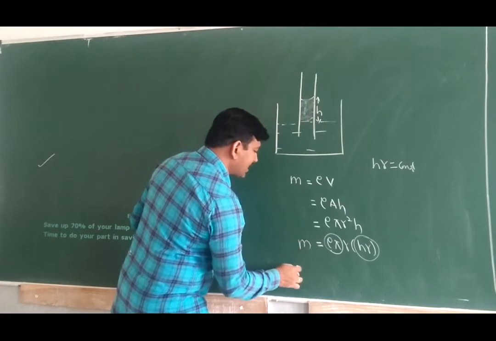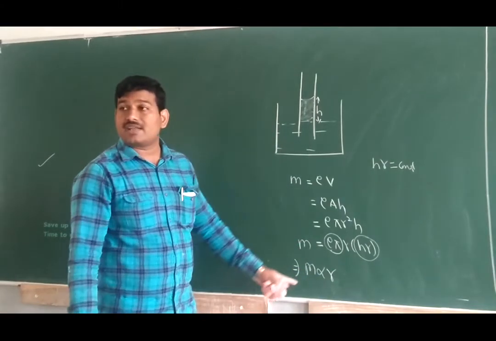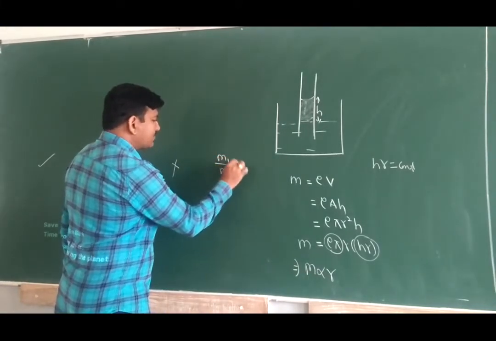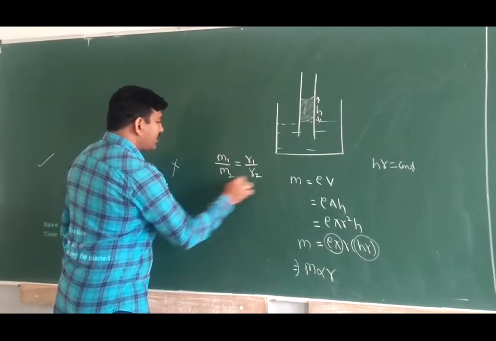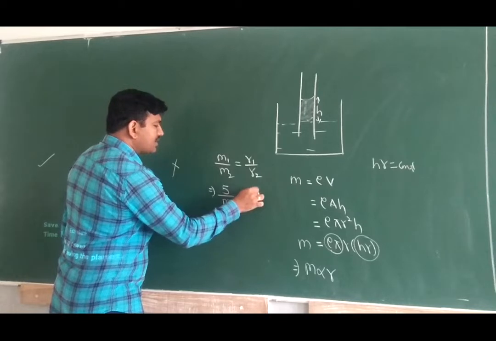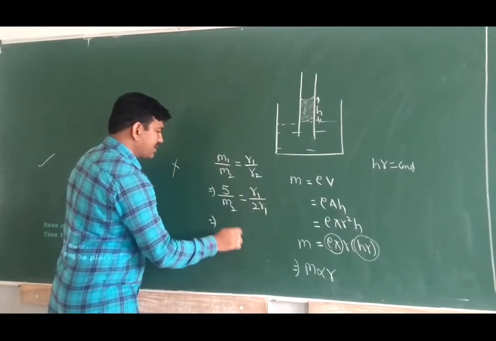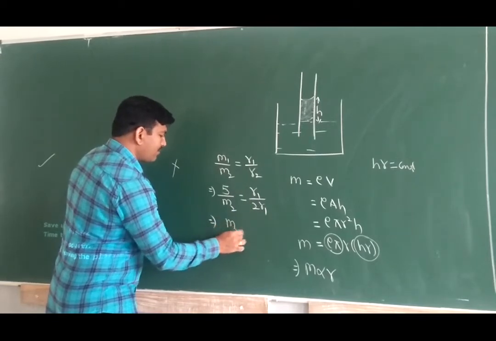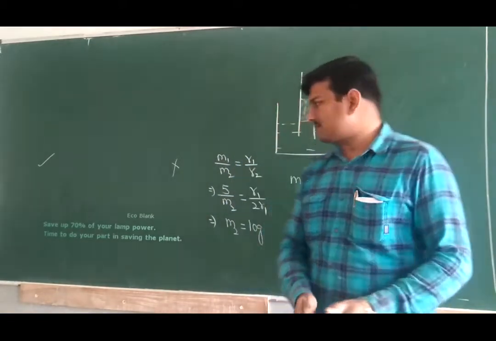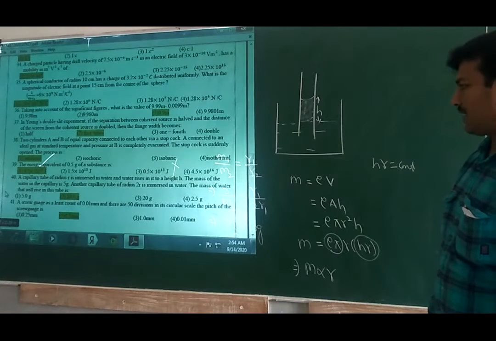So how is mass related to the radius of the capillary tube now? Mass is related directly to the radius of the capillary tube. So m1 by m2 is equal to r1 by r2. Initial mass is given as 5 gram. M2 I want to find out. Initial radius R1, final radius twice the initial radius. So 2 into 5 is 10. So M2 is equal to 10 gram. This is the right answer. So finally 10 gram, the second option, is the right answer.